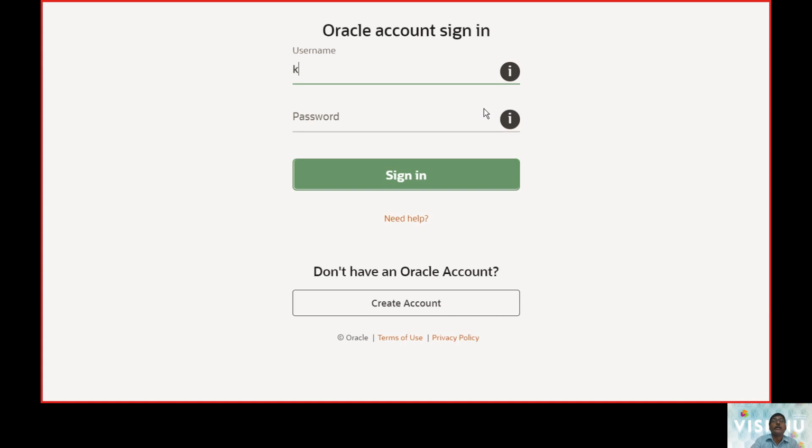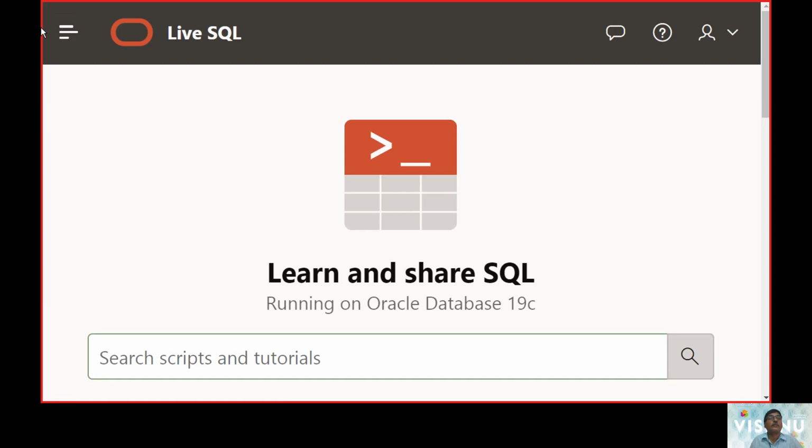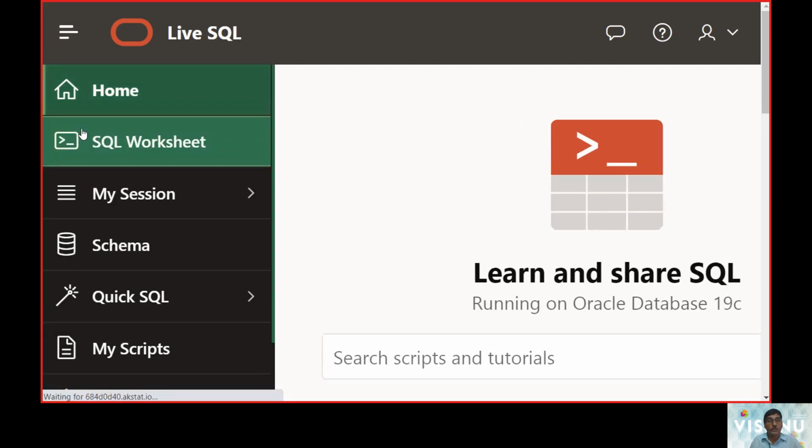So we have a login ID. I'm keying in my login ID here, and the password. It is taking my credentials. Moving to the work area.